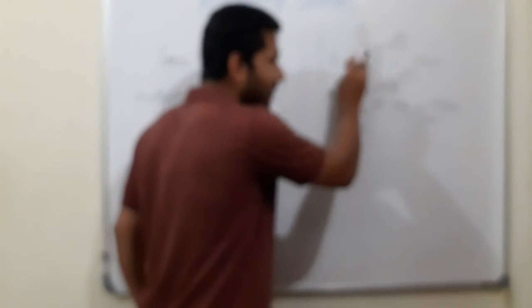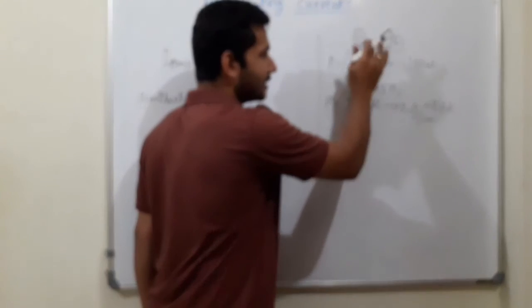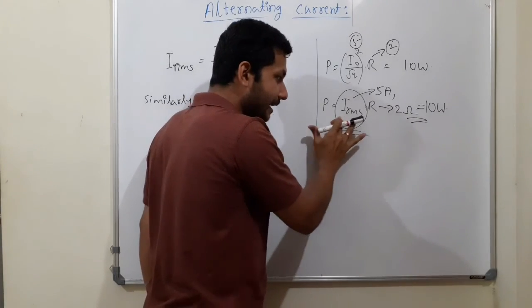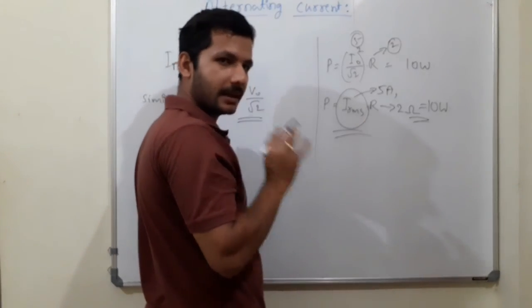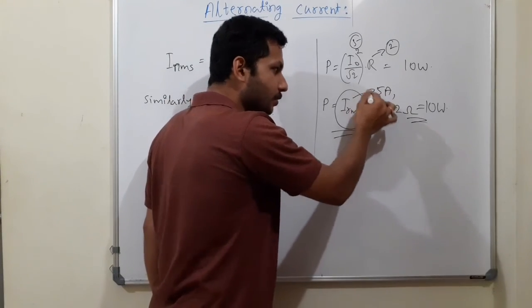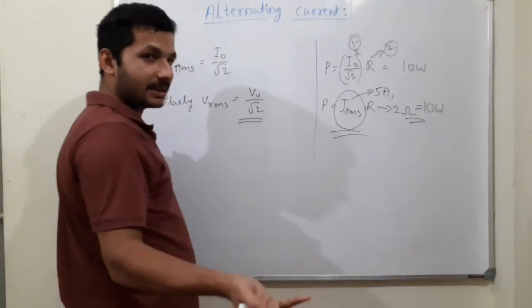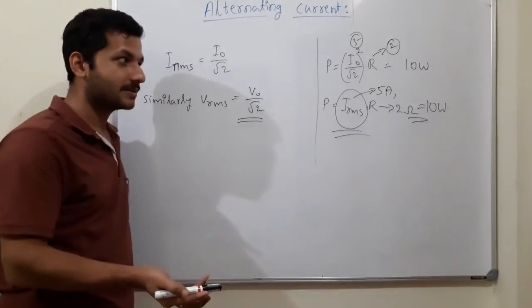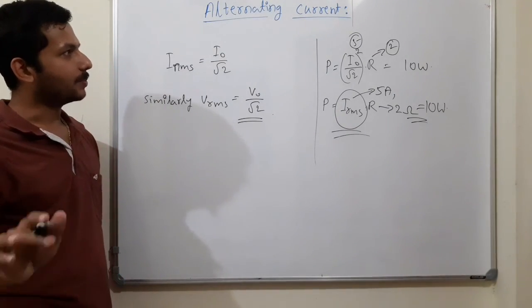Here, if this value indicates 5 and the second value resistance indicates 2, 2 5s are 10. Similarly, in case of DC, IRMS will be 5 ampere, that is current. DC, direct current, will be 5 ampere to produce an equal amount of power dissipation. IRMS is nothing but that value which direct current needs to produce equivalent power dissipation. Okay, hope you have understood.